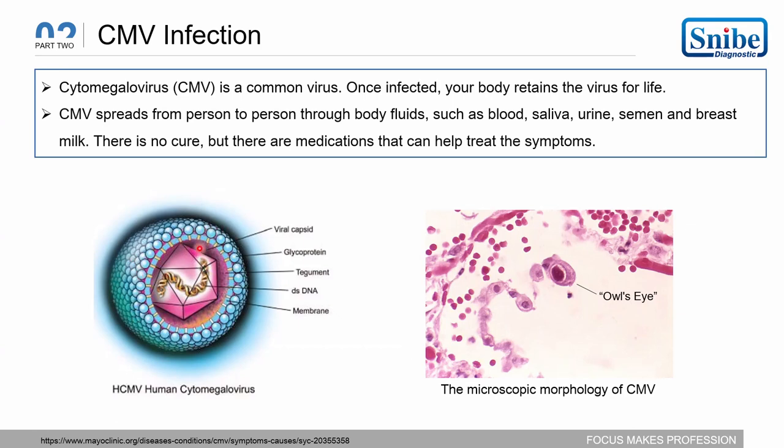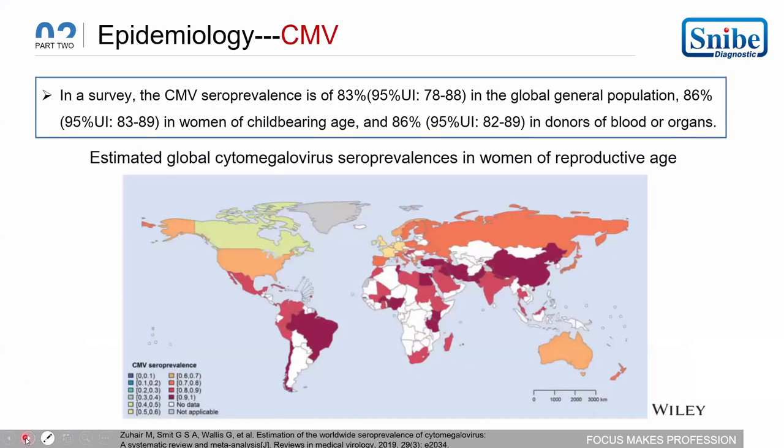You can see that the virus consists of the viral capsid, the glycoprotein, the tegument, and the double-stranded DNA, and the membrane around that. So this is the structure of that virus. And according to the epidemiological distribution of the cytomegalovirus, you can see here in a survey that CMV